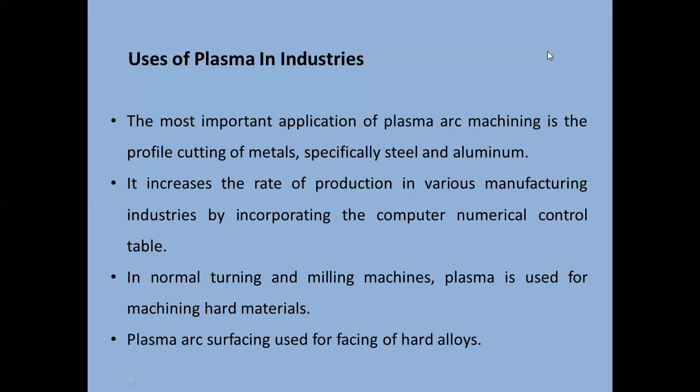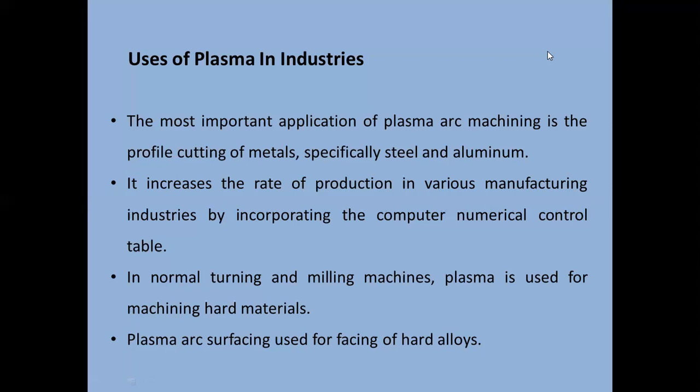is very high. See, generally if we take conventional milling, it takes a lot of time to produce a single profile structure or single groove. But with the help of this plasma machining, it provides great ease of machining of materials like steel and aluminum, the two most important profile making materials, with higher production rates. That's one of the major advantages of plasma cutting.